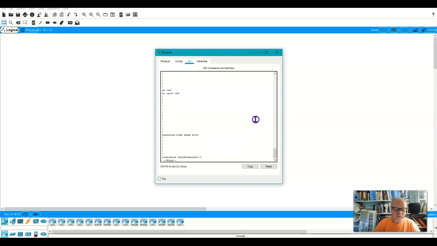But if I click the enter key enough, you'll discover, hey, interface FA0/0 has an IP address set. Well, that's because I set that IP address in an earlier video. So I altered running config. Whenever you type commands and change something in the router, you're altering running config. Well, that's fine, except what happens if I turn the router off and back on? I've lost all of this stuff.